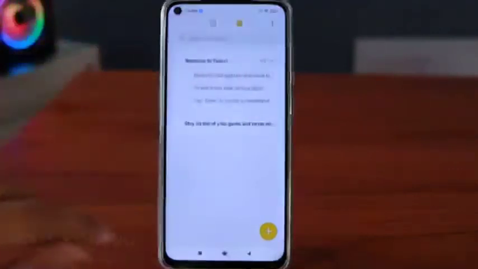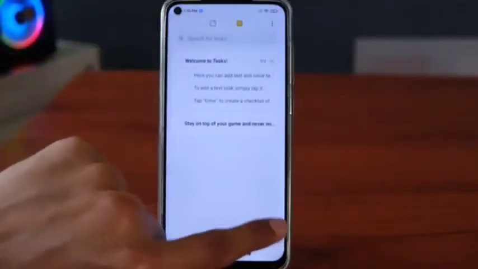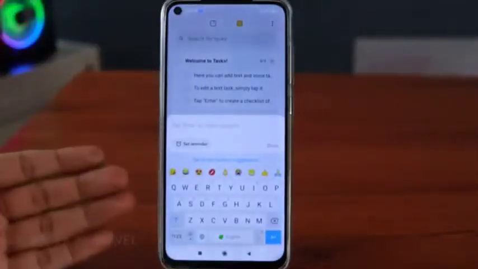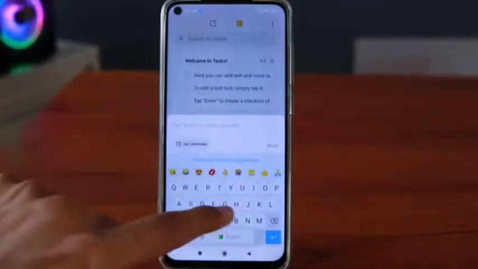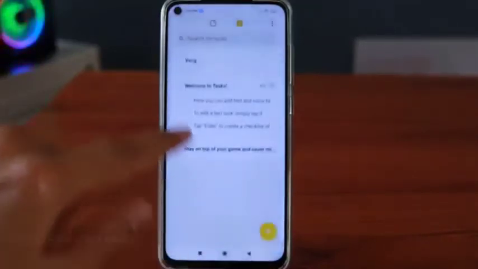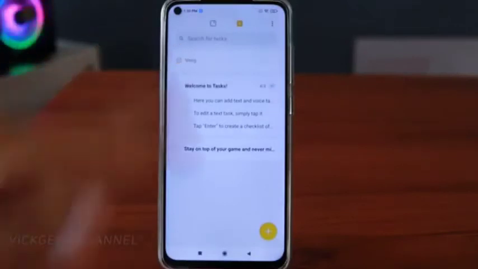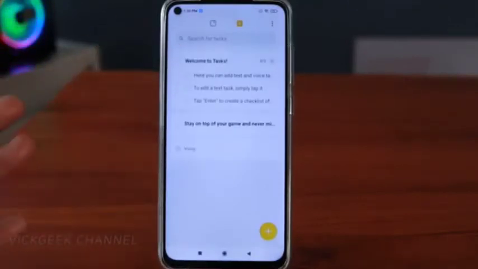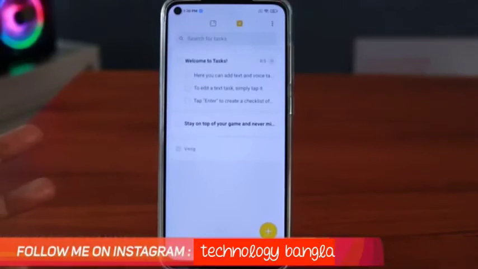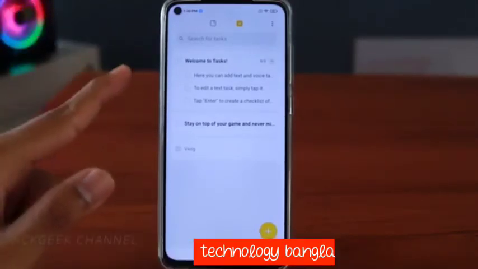The next one is with the tasks here. So you can create tasks quickly, and you can also add voice notes here, and you can set the reminder. So whatever task I want to do, I can just go ahead and tap done. Once done, you can just tick the mark. Let's say you want to write the grocery buying list or books list or whatever list you want to do, you can just go ahead and write in tasks, which is very handy.